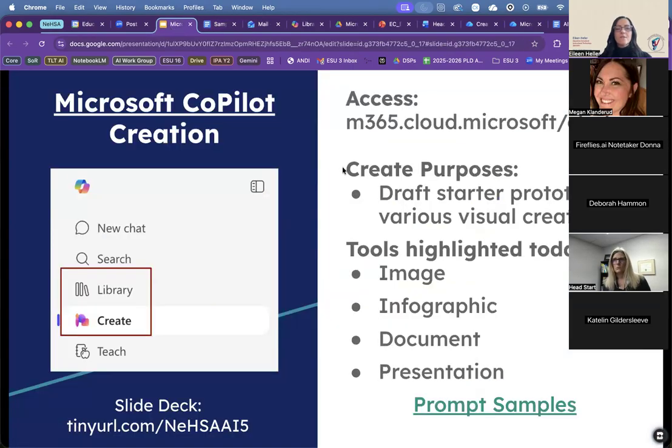Inside the first step is finding Microsoft Copilot. I did include the link here for later, or if you opened up the slide deck. You can also type in m365.cloud.microsoft/chat, but that's a lot to remember. You could do a quick Google search for Microsoft Copilot, but I always like to demonstrate that if you're used